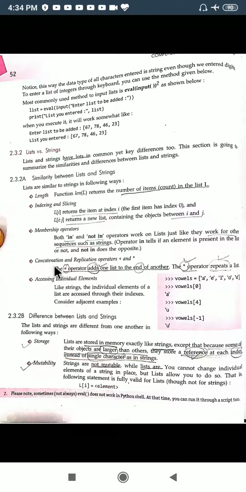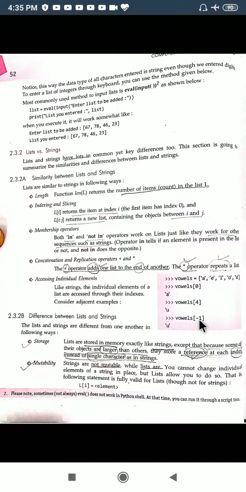Next are the concatenation and replication operators. We know plus and multiplication. Plus is used to concatenate two lists and multiplication is used to replicate. Then, accessing individual elements with the help of indices, we can refer to an individual element. Vowel 0 will refer to A. This is 0, this is 1, this is 2, this is 3, and this is 4, so vowel 4 will refer to the last element.